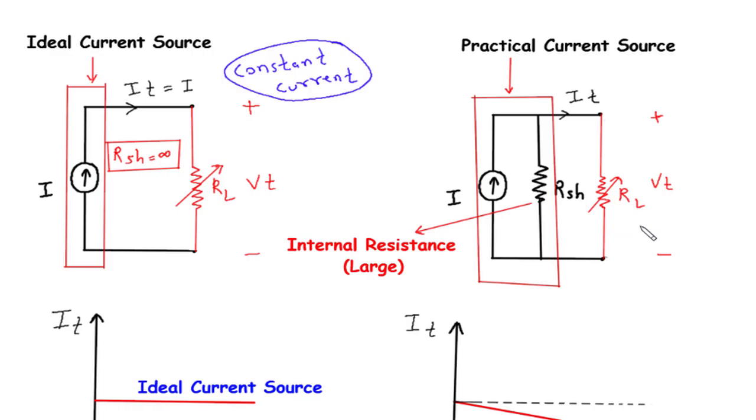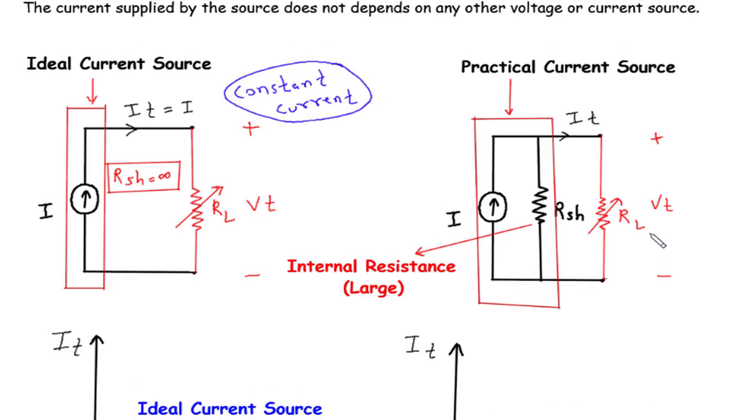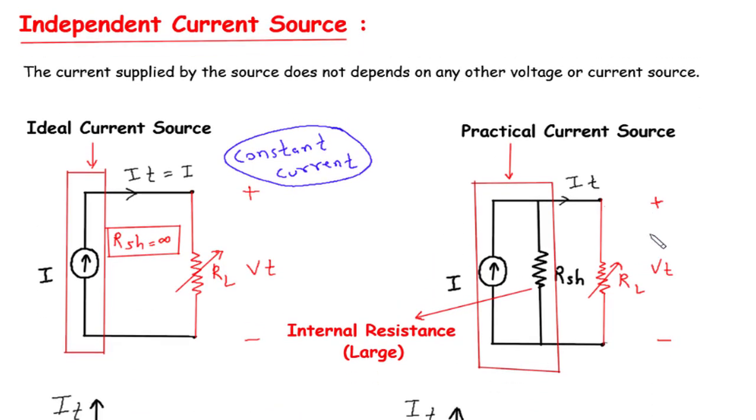Understanding the characteristics of practical current sources is crucial for circuit analysis and design, as it enables engineers to consider the influence of internal resistance on overall circuit performance. By accurately modeling and accounting for these variations, circuit designers can optimize their designs for specific operating conditions, ensuring reliable